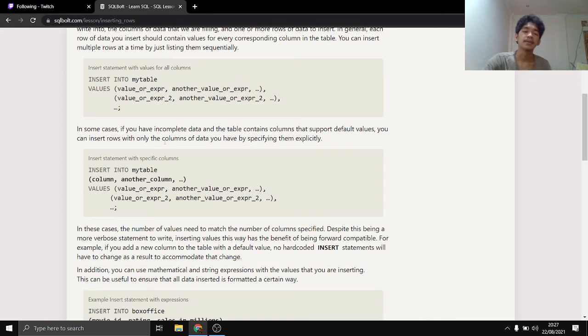Okay, so in some cases, if you have incomplete data and the table contains columns that support default values, you can